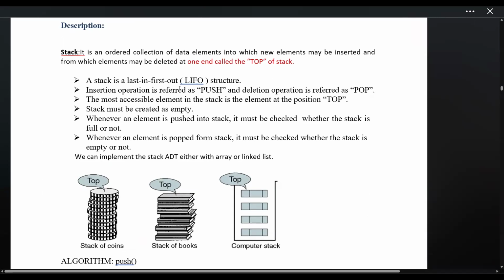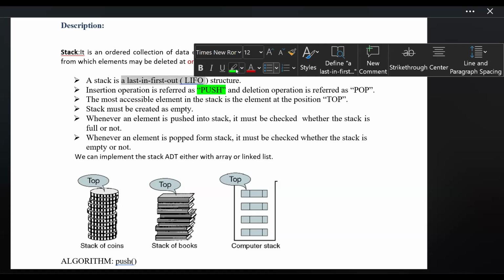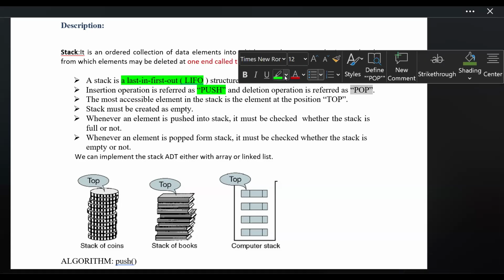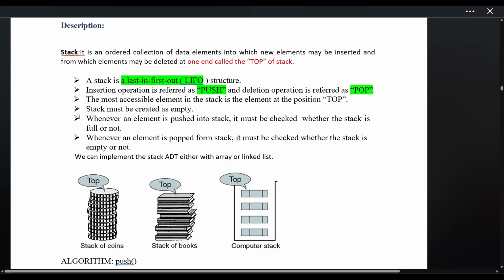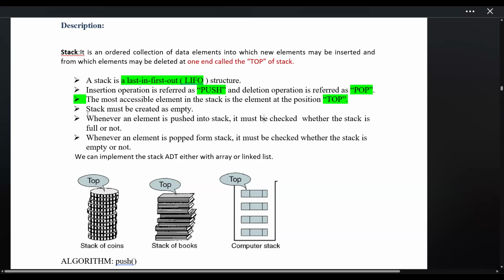The insertion operation is referred to as push. If you are adding elements into the stack, that is called push. And if you are deleting elements from the stack, that is called pop. So they are the functions associated with the stack. The most accessible element in the stack is the element at the position top. So the top is the pointer, or we can say it is the variable. It points to the current location where we can push or where we can delete